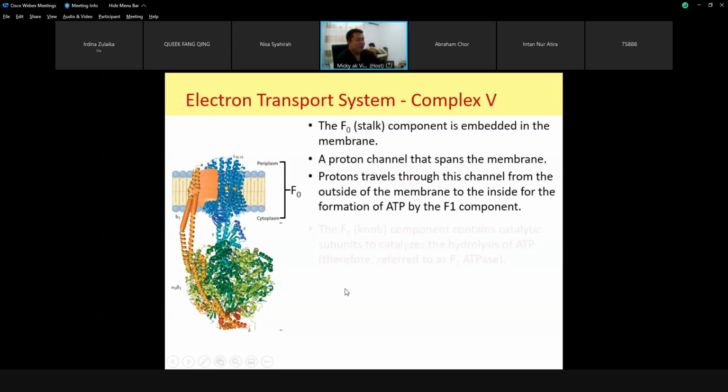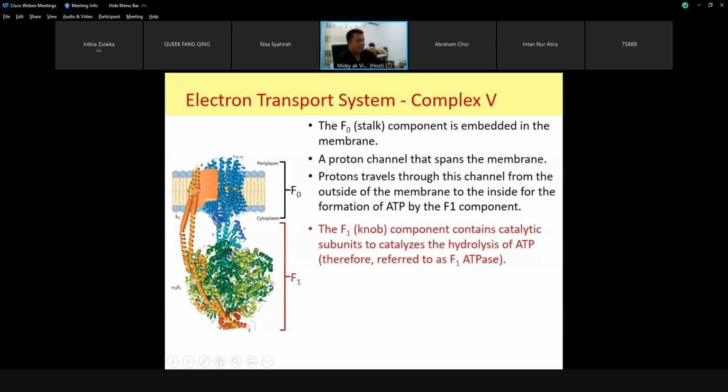Okay, so you have again the knob. Okay, the F1 knob. Okay, contains a catalytic subunit. Okay, now dekat mana ATP dihasilkan? ATP dihasilkan dekat sini. Okay, ini apa fungsi ini? Ini adalah untuk membawa masuk H+, the proton. Okay, jadi proton bawa masuk sini, sampai proton itu masuk, what basically happens is that once the proton masuk, dia